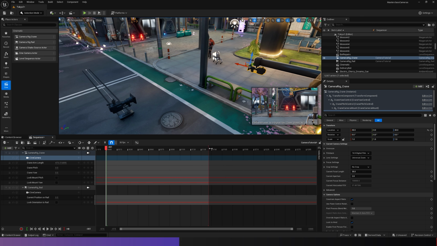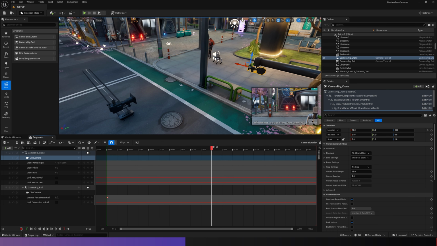To increase that range, I need to pull this little red handle, which is our start point, and I'm going to move that to our end, so our frame 300. I'm going to select my current position on rail, and wherever I see this little diamond with a plus in it, that's where we can add a keyframe, and the keyframe is denoted by this little white circle here. I'm going to move along my timeline, so let's say 150,